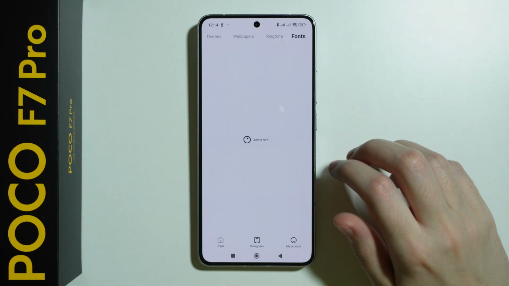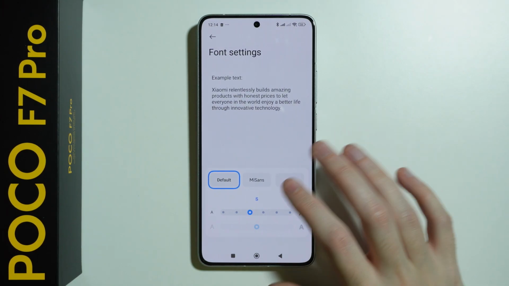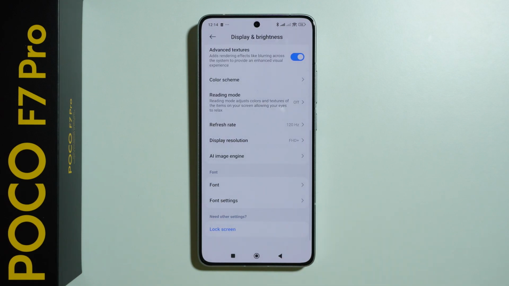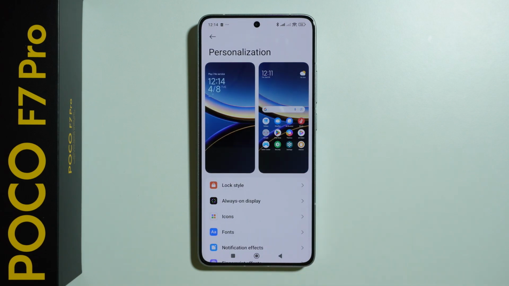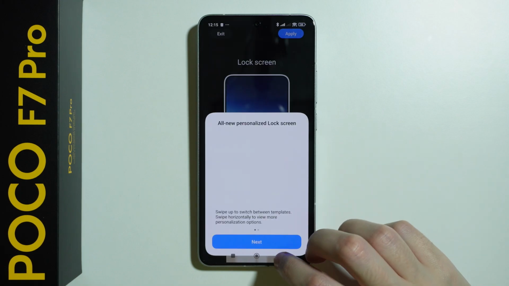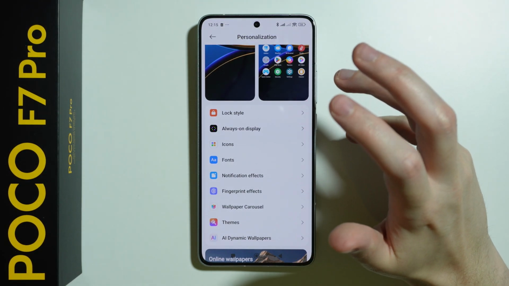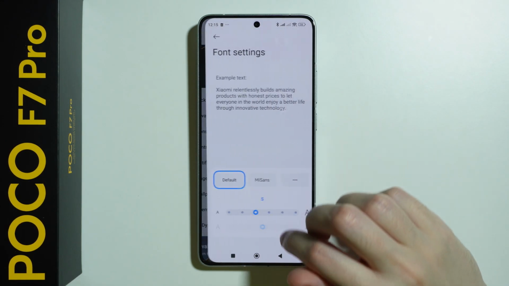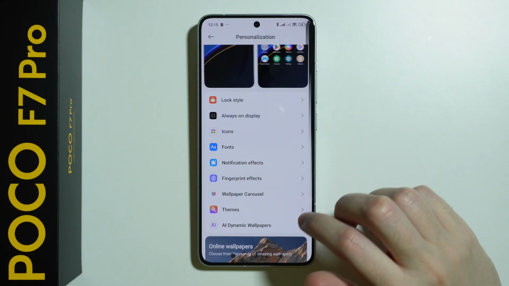Then we also have font options, so we can go to the font store in order to get a new font. And we also have font settings, where we can change the font in general and also make the font bigger or smaller. And these are all display settings. In addition to that, of course, we have personalization, where we have some visual customization options as well, such as the lock style here, where we can create our own custom lock screen. We have icons option, where we can change the icon size, the fonts once again, notification effects, so the edge lighting, the fingerprint animation effect,